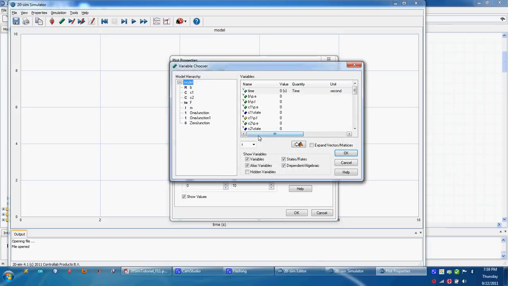We're going to choose a variable name, and there's a whole bunch of them over here, but the best thing to do is to filter by the item. So I want the velocity of the mass, so I'm going to go to this inertia here. Notice how the M label is here. That can make your life a lot easier. And I'm going to pick the state off of this. I could also pick the flow or the effort for this element. So I'm going to hit OK,